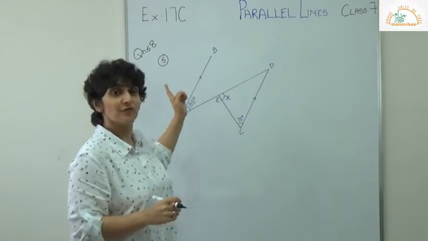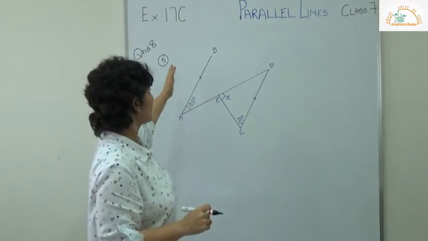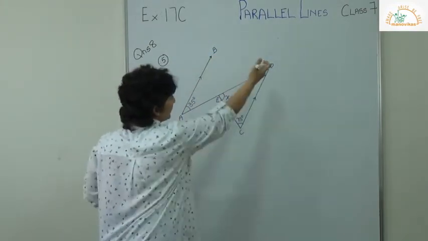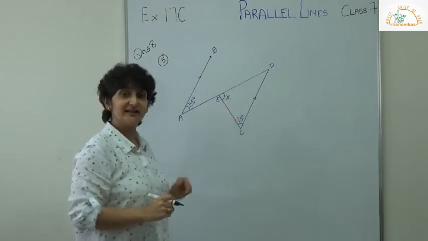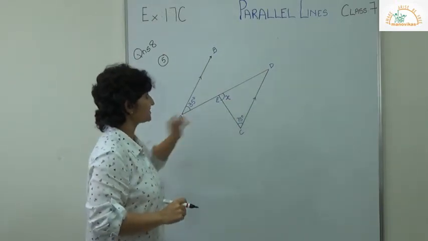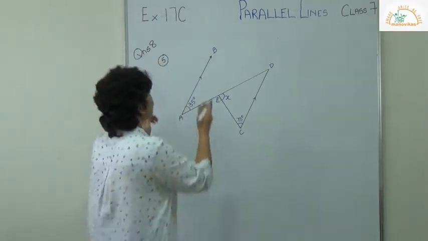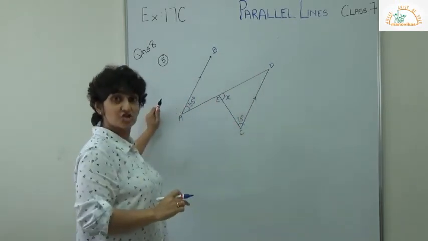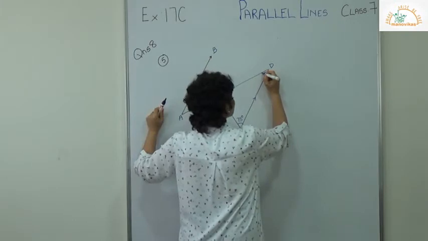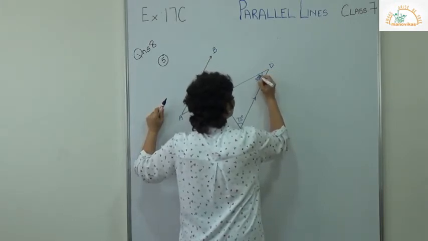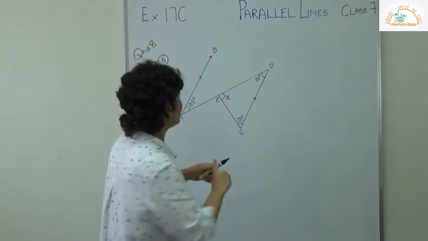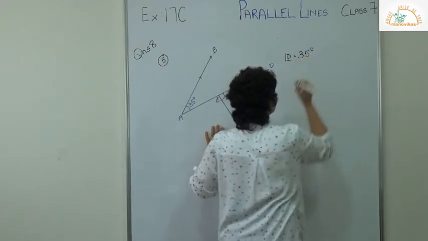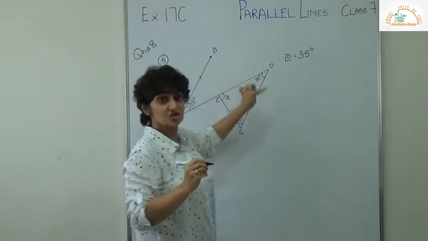Question 8, let's do the fifth one, children. Now you already know in question 8 they have said AB is parallel to CD. You have to find this angle X. Now to find this, first and foremost, children, just see this. These two are parallel, and if you see, this gives you that Z shape, isn't it? So let us mark this as 35 degrees. So you know that angle B is equal to 35 degrees. What is my reason? The Z shape.